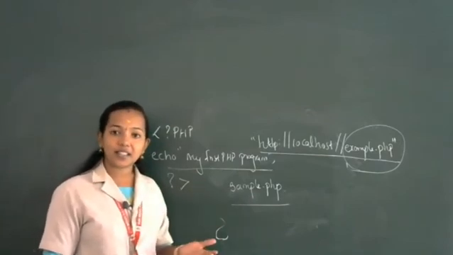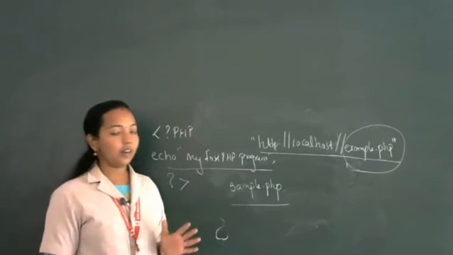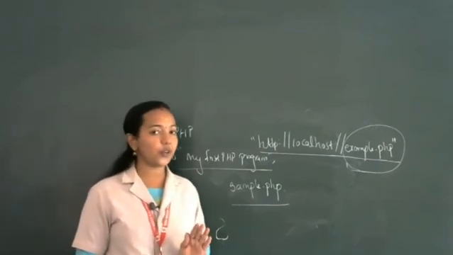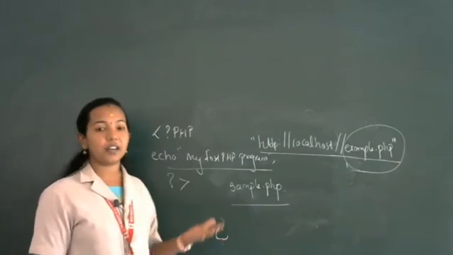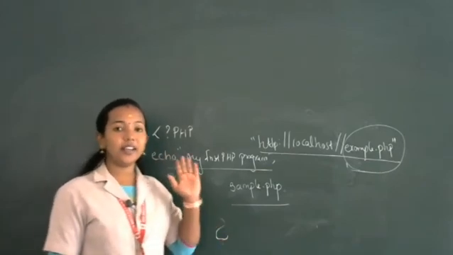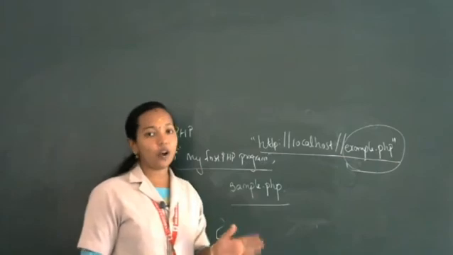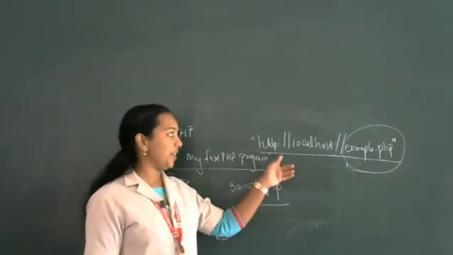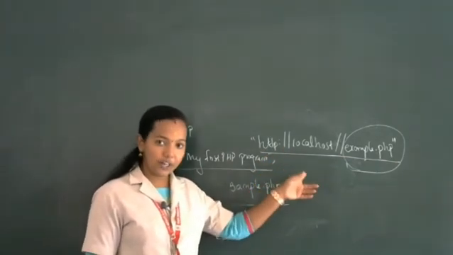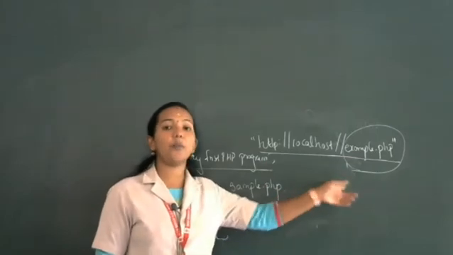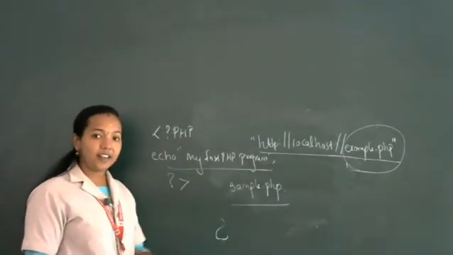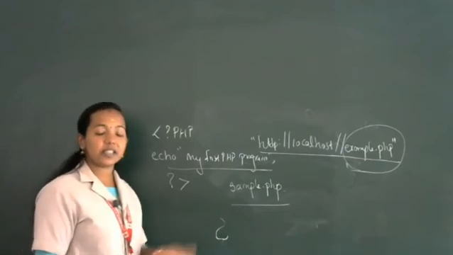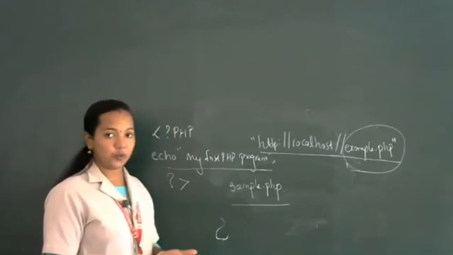First you want to start the web server. I already mentioned a web server is a must for executing PHP. For starting the web server, you want to type http://localhost. Otherwise, http://127.0.0.1. Okay, then after that, that means we started the web server. That means the web server is now ready to execute a PHP program.